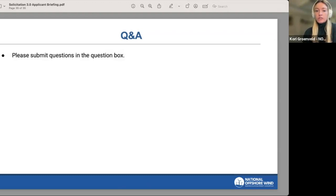Then another question regarding the expectation on the complementarity and coordination between the US and UK projects. So what is the expectation for that? I think this is a really good question. The first thing is to find a project partner that makes sense and ensure that the UK applicant understands the UK competition in depth, what the eligibility criteria is, exactly what Innovate UK needs to see to support a project, and then ensure that the US applicant understands the NOWRDC process, what NOWRDC needs to see to award